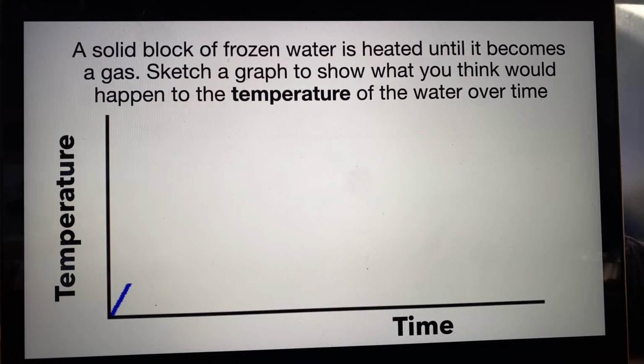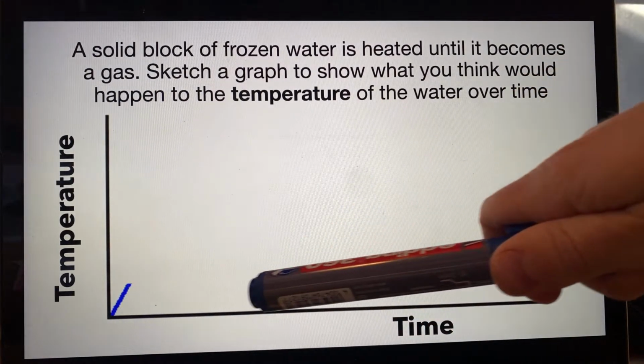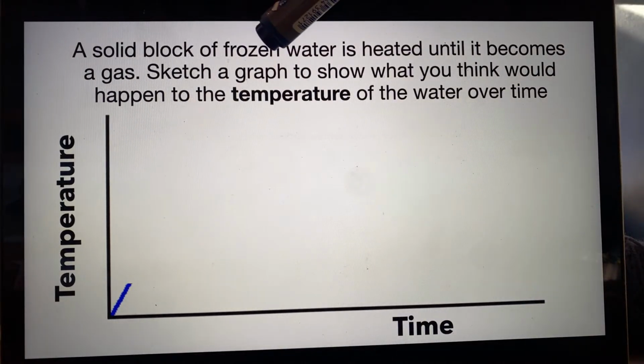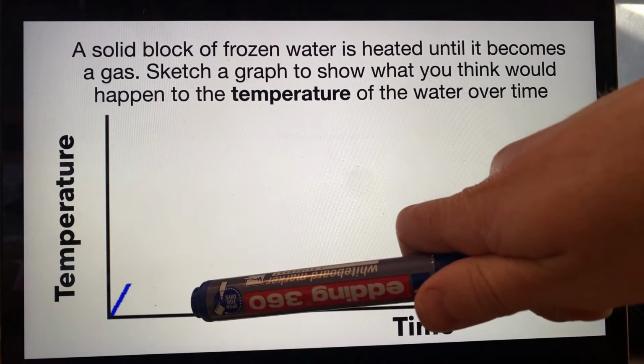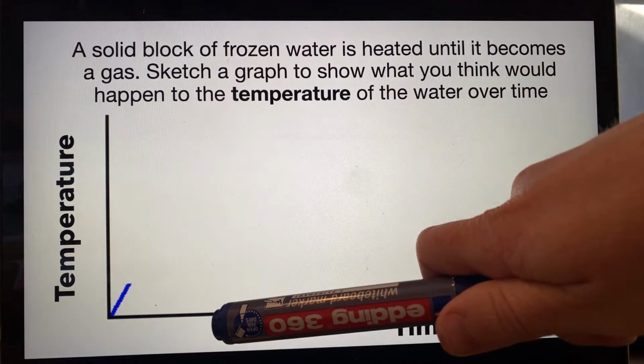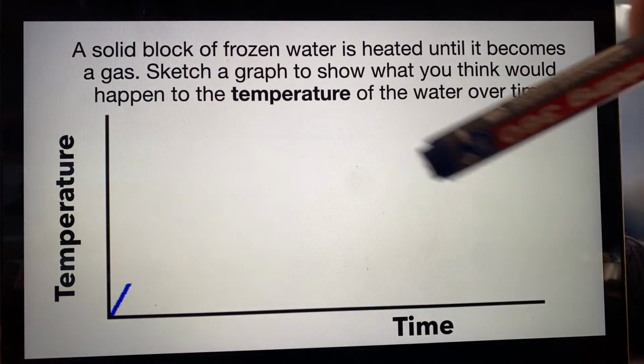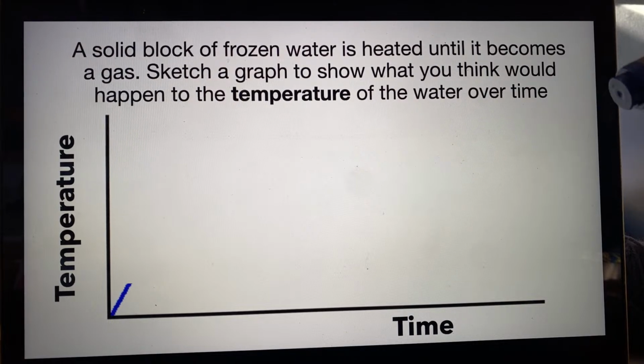I am very much hoping that you're all going to make a mistake here. To be honest, if you don't make this mistake, you probably don't need to be at this lesson. So time is going by. You're heating this ice up and up. You're looking at the thermometer. Like you would, and again, like when I did it, you would keep watching the thermometer. You'd have a stopwatch ticking, and maybe after 10 seconds, you'd check the temperature and write it down. And then after another 10 seconds, you'd put it in a table of results, and then you'd put it in a graph later.